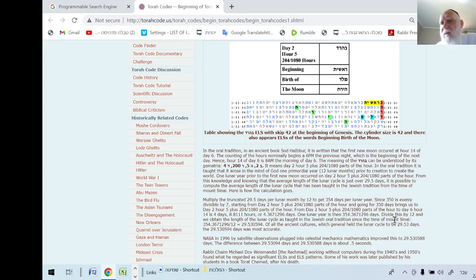Divide this by 12, and we obtain the length of the lunar cycle as taught in the Jewish oral tradition since the time of Mount Sinai. This is what we got here, which is 354.3671296 divided by 12, which is